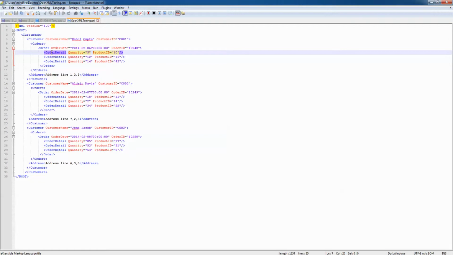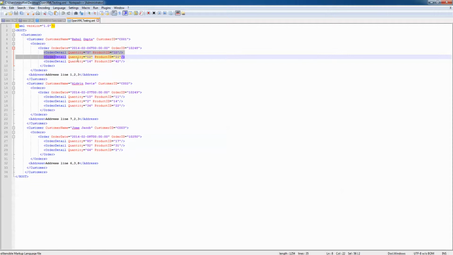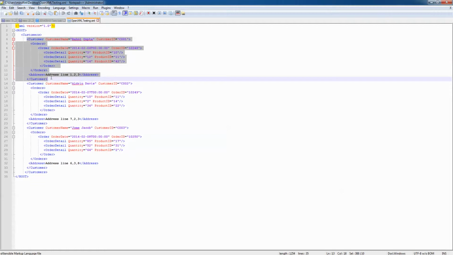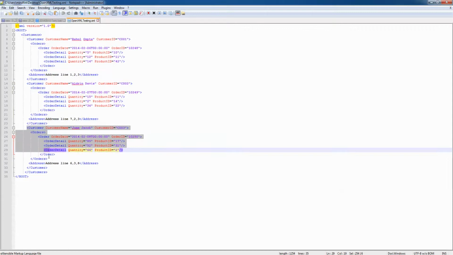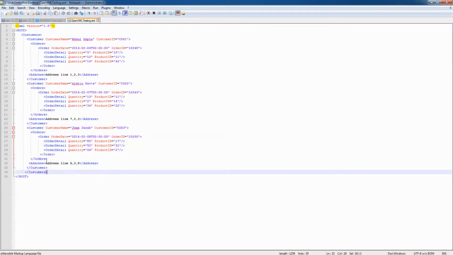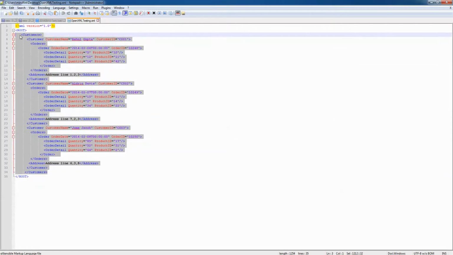And along with the order we have different nodes available for order details like quantity, product ID, and so on. So this is one customer's details, this is another customer's details, and this is the third customer's details. So this is the whole XML structure we'll be dealing with today.